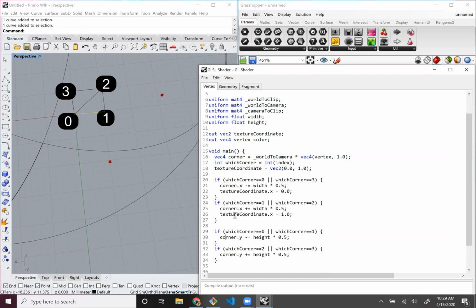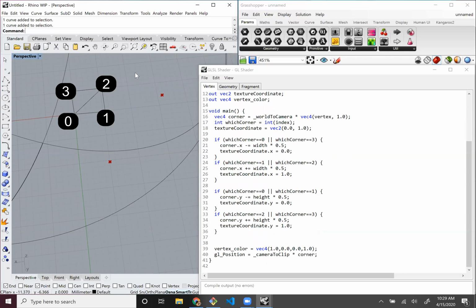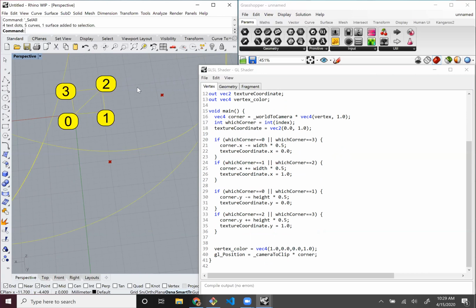And then the same thing for working with the Y. We know that, well, let's just see. We'll just come here, say Y is 0 in this case, and 1 in this case. Okay, come back here. I'm gonna hide everything